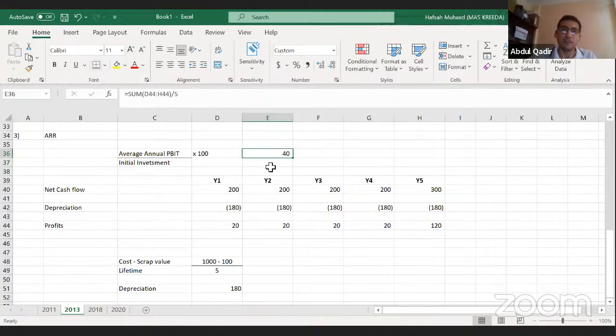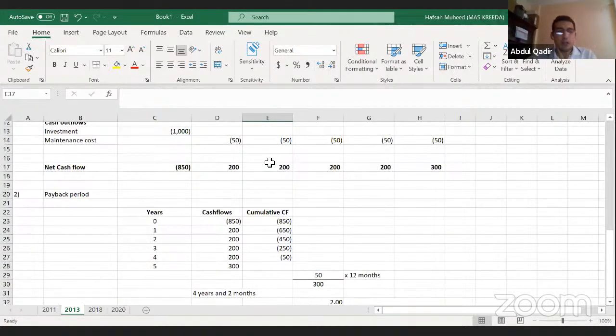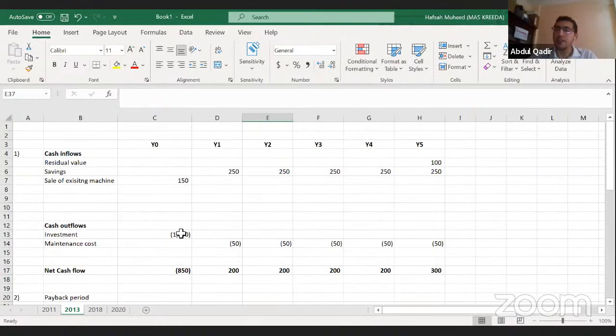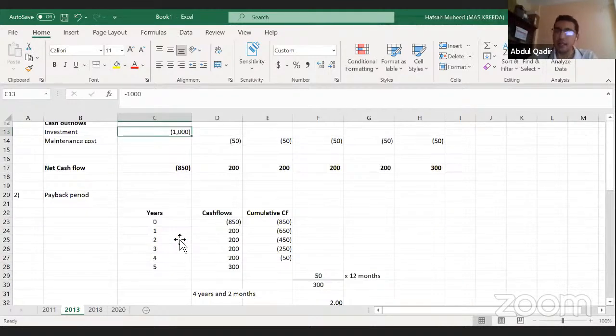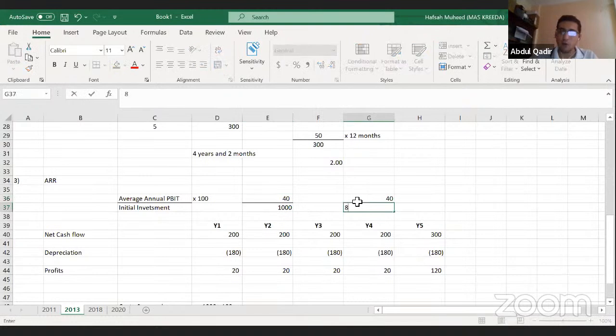So it's 40 divided by the initial investment, which they have asked for. So what is your initial investment? In that relevant year, the examiner gave marks for both. Some have included the investment as 1,000. Some have taken this 150 also and deducted it and included 850. So your answer is correct for both. Your initial investment is 1,000. You can even do it as 450 divided by 850. How did I get this 850? My investment is 1,000. I recovered 150 by selling the machine. So the balance is 850.